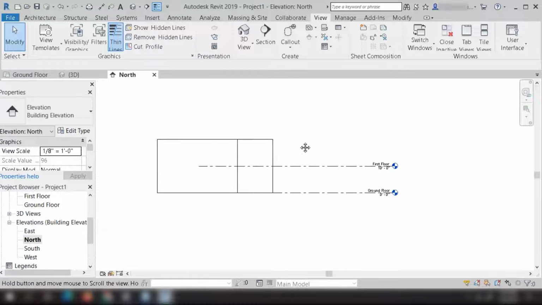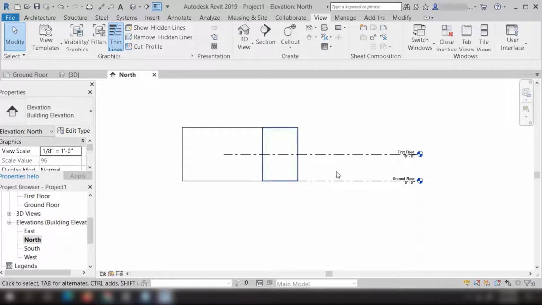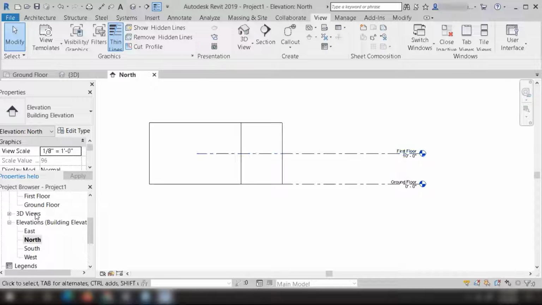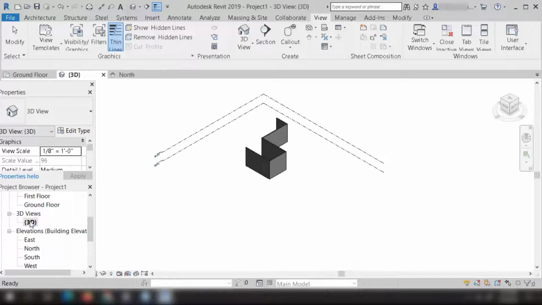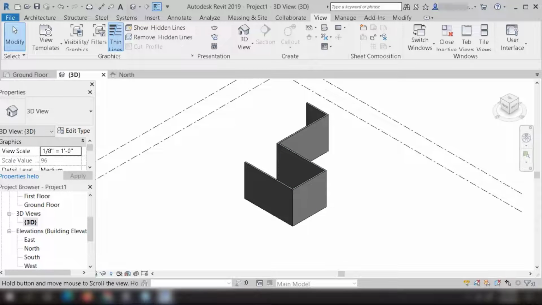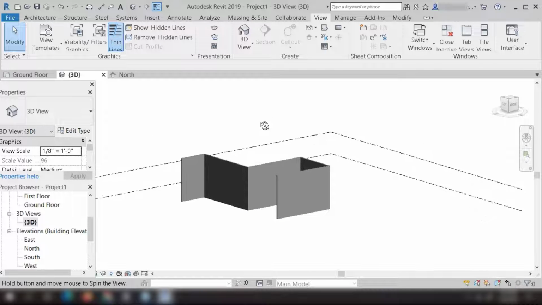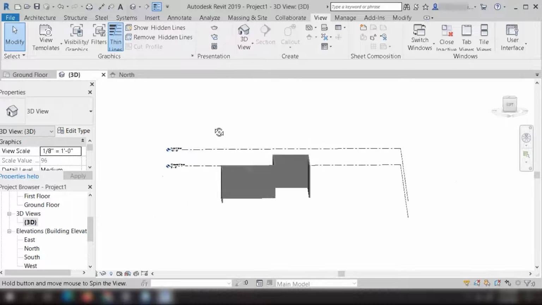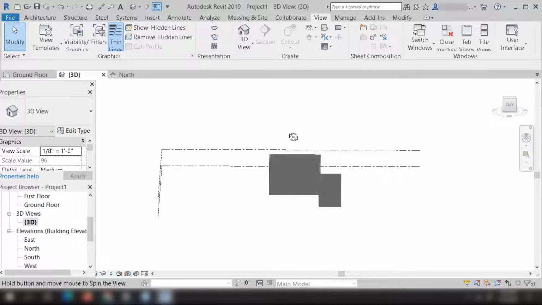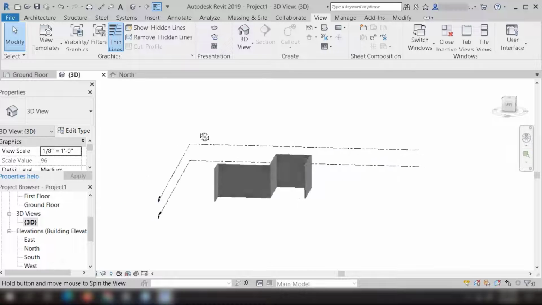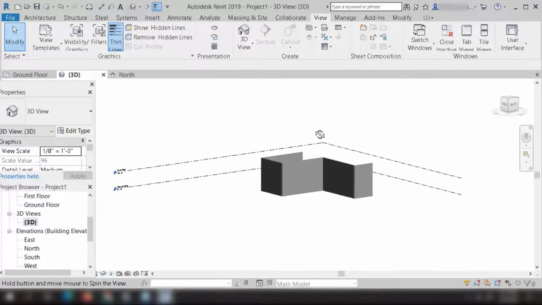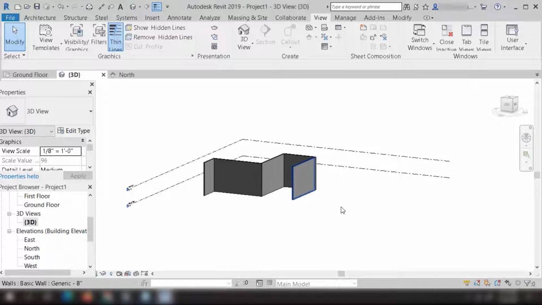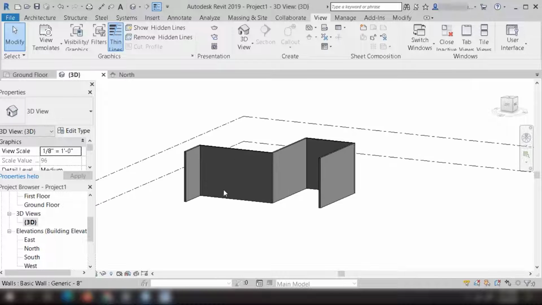If I switch to my north elevation, you can see here the height of this wall is way above this particular level one, right? Even if I move to my 3D view, here you can see the height of these walls is quite high as compared to our level, right? This is called orbit or orbiting any object. You will press the shift button and your middle mouse button and you can orbit your work plane like this. As we have discussed in AutoCAD as well, the orbit setting is the same for both of them, right?